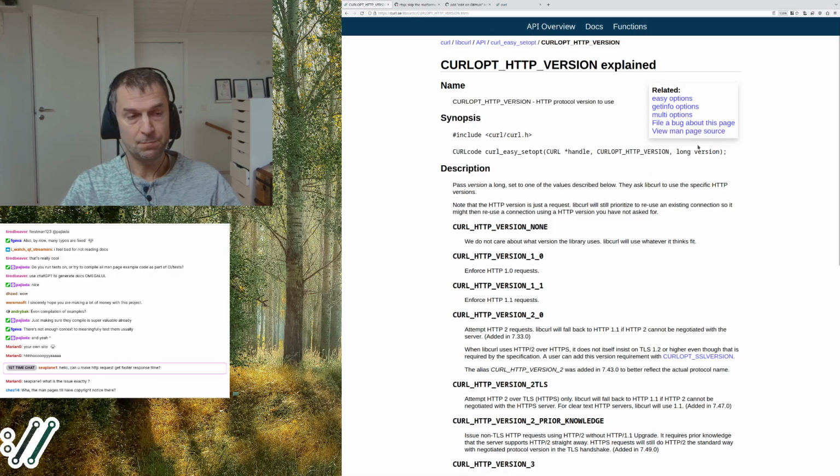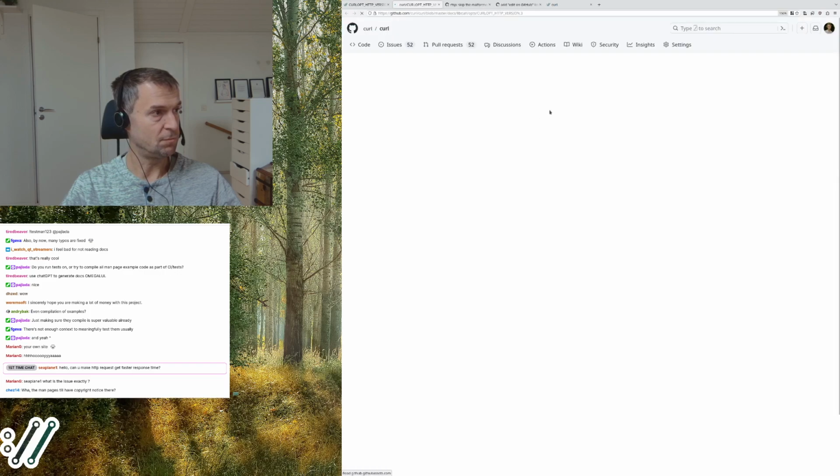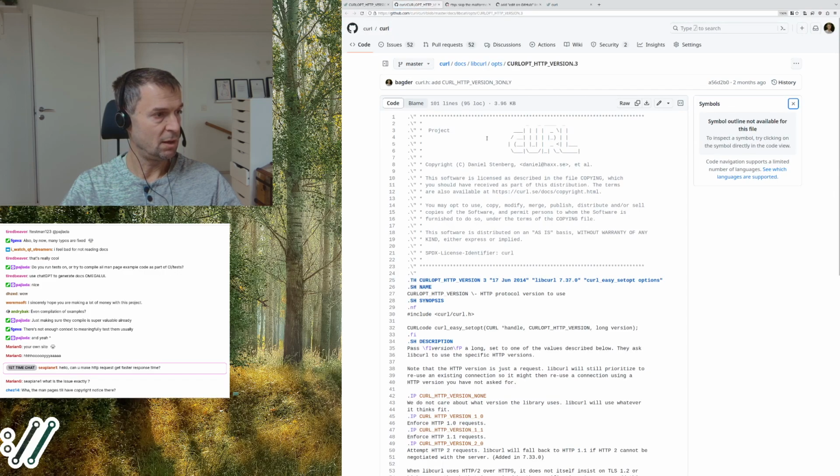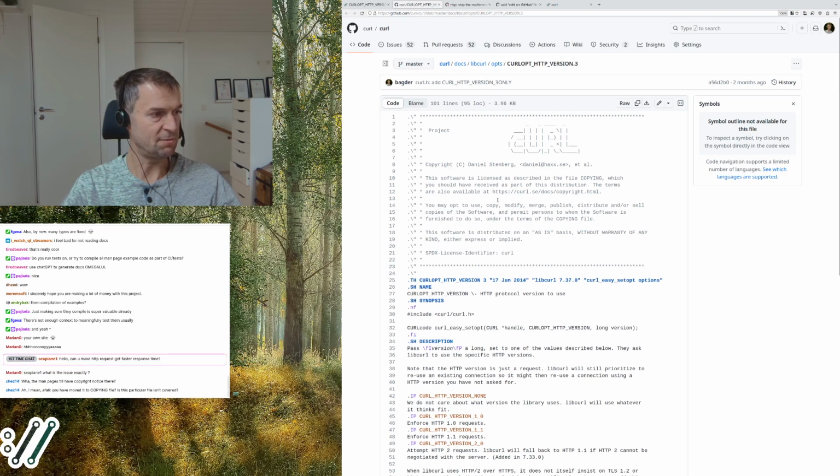So you can see then if you go to here, it has this source file header. So it has a copyright and it has a license identifier, and so on.